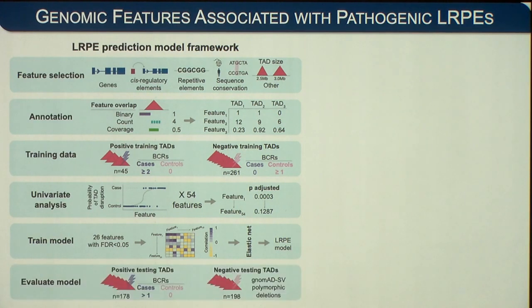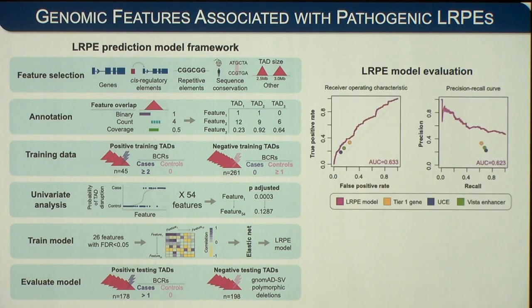To evaluate our model, the first thing we did was define an independent set of 372 TADs and apply our model to see how well it was predicting case or control outcome. And we observed that it was doing a fairly good job, better than just overlapping our TADs with any single individual